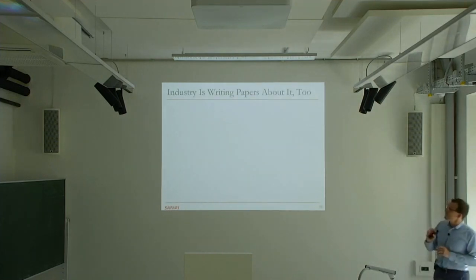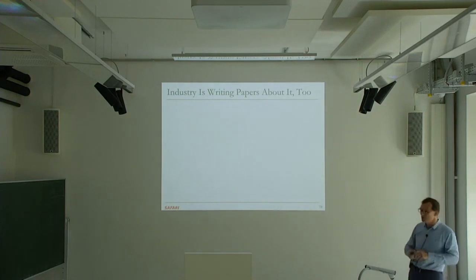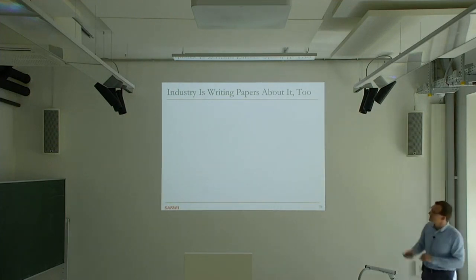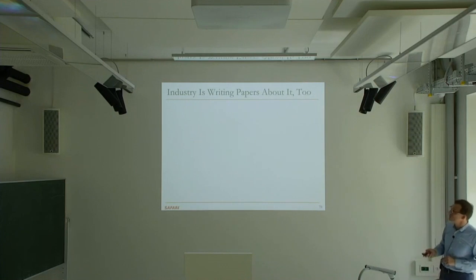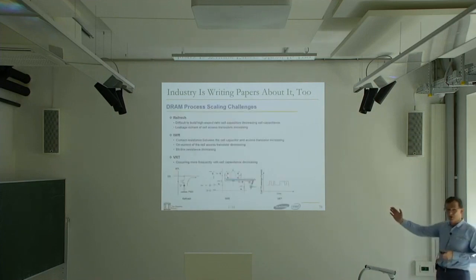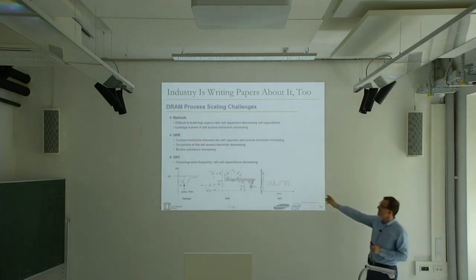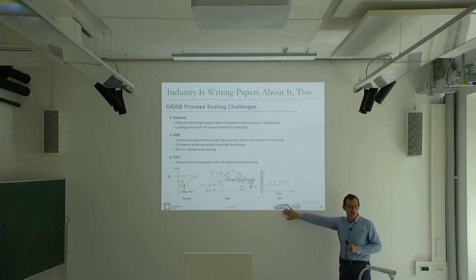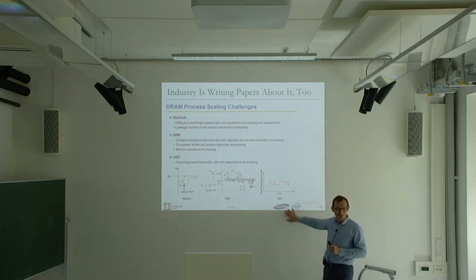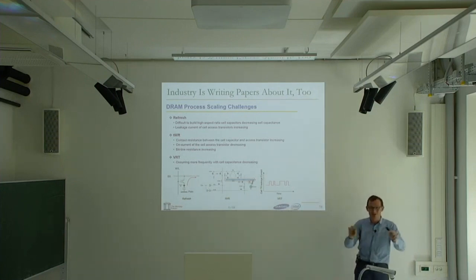So industry is also writing papers about this too. This meaning memory reliability issues. They're also writing papers on hybrid memory, but reliability issues have been concerning them quite a bit. This is a paper that I would recommend. This was written in 2014 in the Memory Forum. And I like this paper because it's written by 2 companies that don't talk to each other normally, except through lawyers. But even through lawyers, the communication bandwidth is very low.